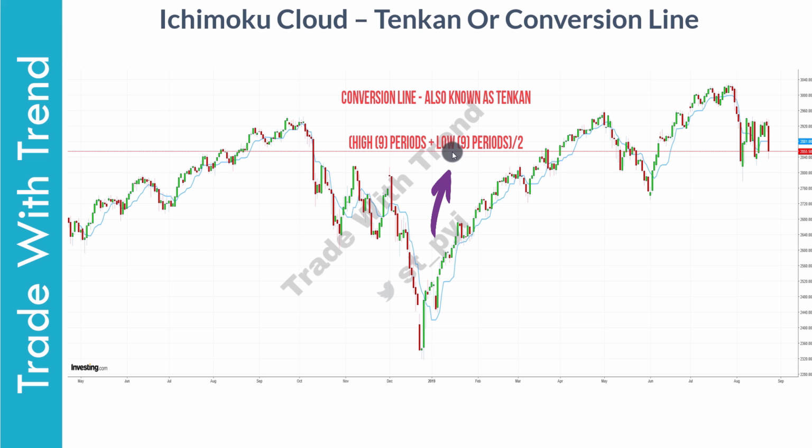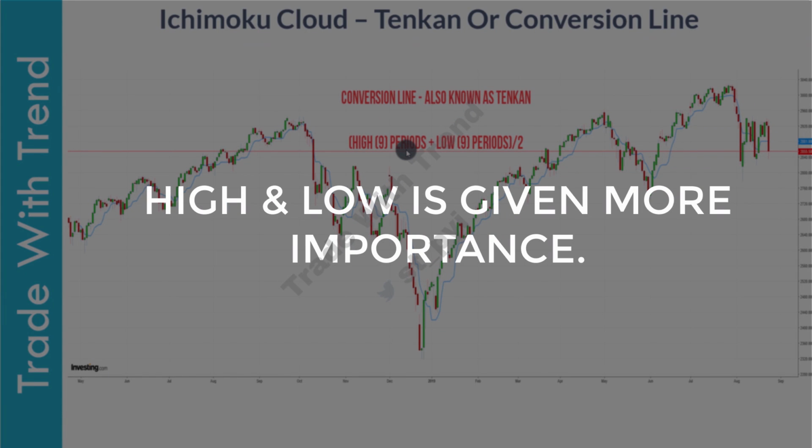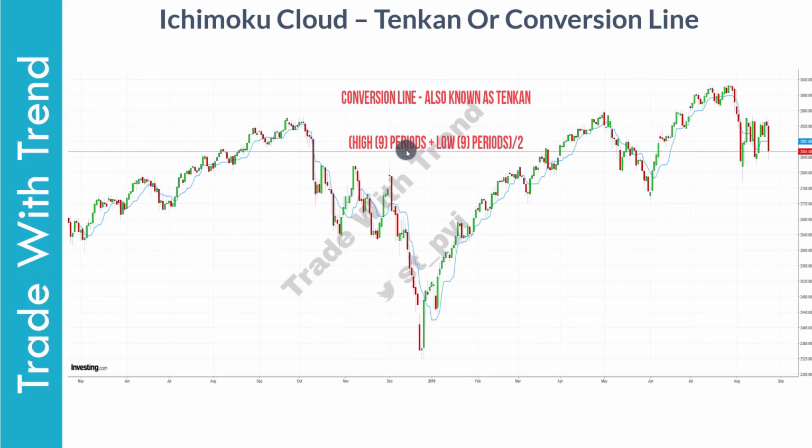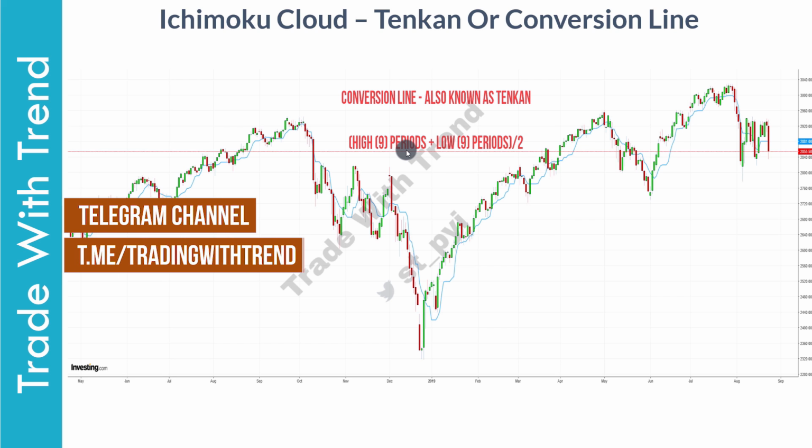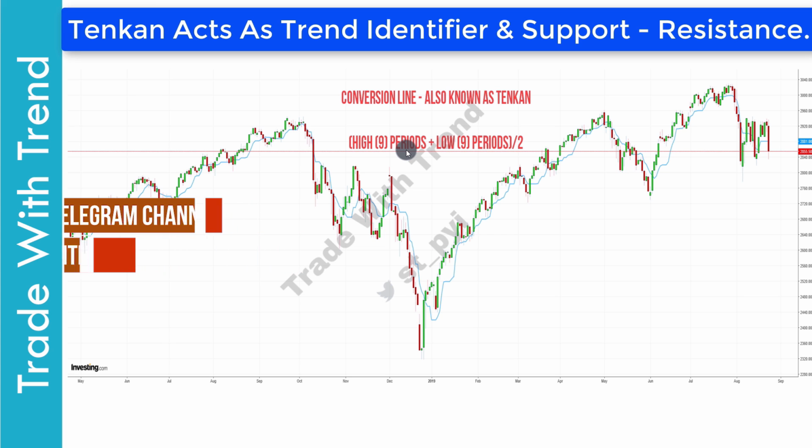Now, in Ichimoku Clouds, do note that high and low price is given as much importance as closing price. Closing price is more important in Western technical analysis concepts, whereas in the Japanese concepts, high and low price is given more emphasis. The Japanese feel that high is the point where supply sets in and low is the point where demand sets in. Hence, in order to analyze overall price action, high and low price should be considered as well. Even in standard candlestick charts, tails and shadows are given a lot of importance to analyze overall demand and supply in the chart.